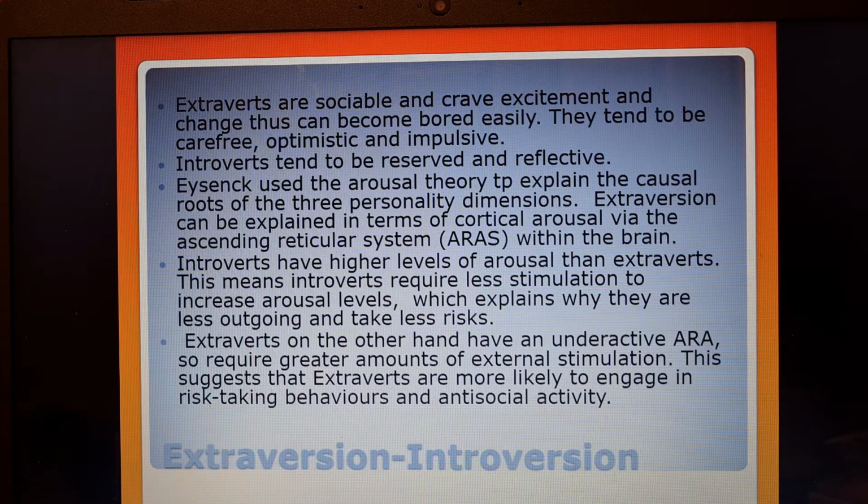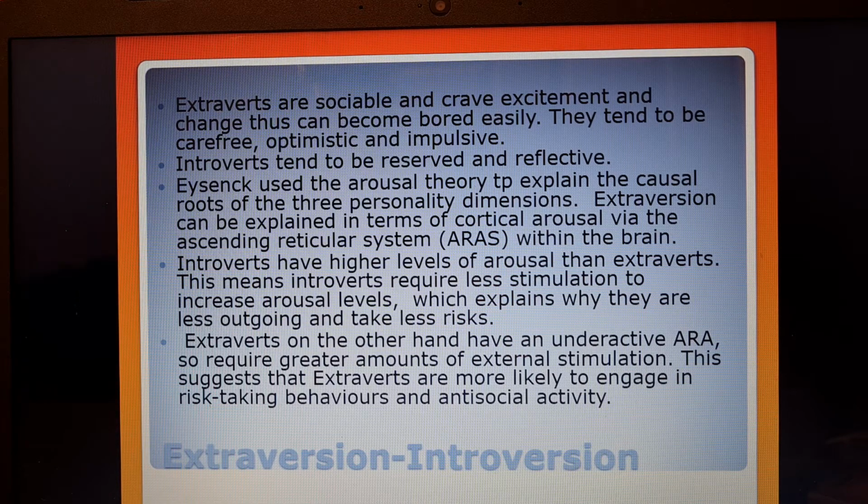So Eysenck used the arousal theory to explain the causal roots of the three personality dimensions. Extroversion can be explained in terms of cortical arousal through a part of the brain called the ascending reticular activating system, or the ARAS, within the brain. What it's basically saying is introverts have a higher level of arousal than extroverts. This means introverts require less stimulation to increase that arousal, which explains why introverts are less outgoing and take fewer risks, because their arousal levels are already higher than